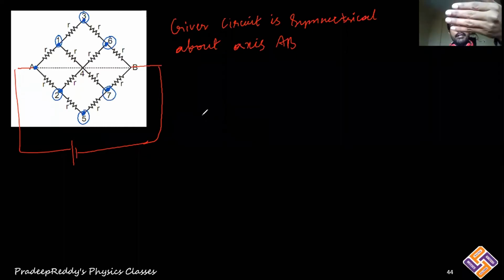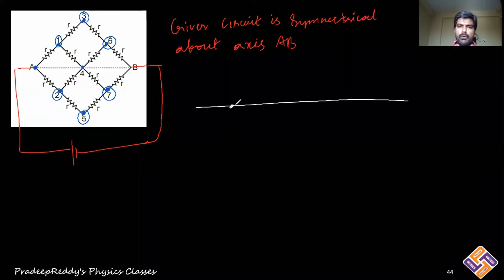Therefore, simply you can fold the upper part of the circuit to the bottom. You can just fold the upper portion of the circuit to the bottom, and find the effective equivalent resistance. Let us check how to find it. See, this point is number 4. Okay, I'll take reference as 3 points, 1, 2 and 3. This is A and B, which I have already denoted, and this point is 4.